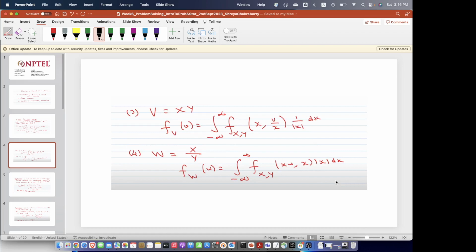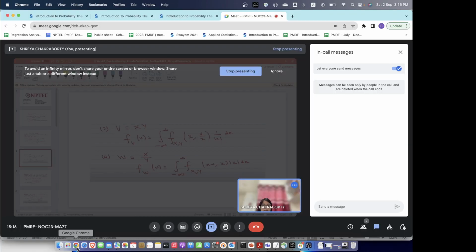If we want the product of the two random variables, then we can use this form of the function, and if we want the ratio, then we can write it in this fashion. Okay, up next